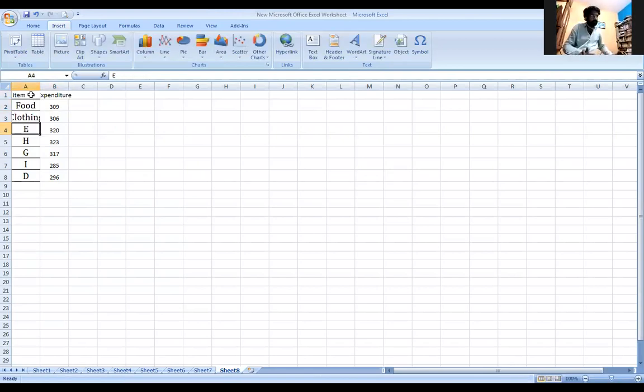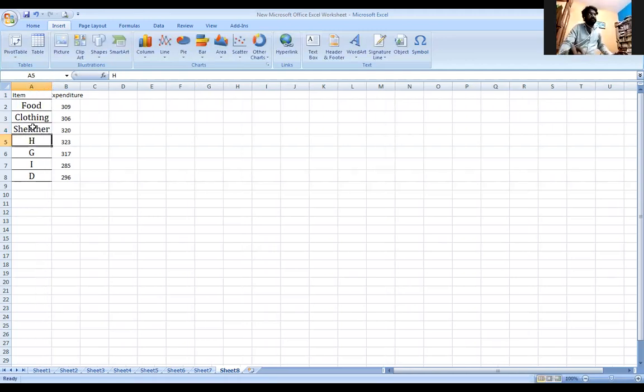Food, clothing, shelter, medicines, education, miscellaneous, and rent. These are the items on which I use the expenditure.